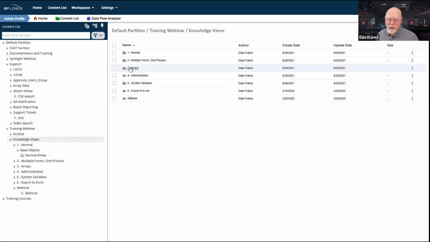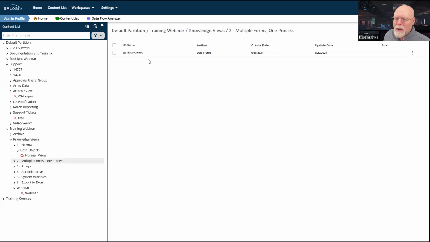By the way, I have all of these encapsulated. These will all work if you want them. You're just going to have to run the forms and submit them to give yourself some form instances or process instances. But all of these examples are available to you. Just drop me an email and I'll send you a copy of this. So we have the normal there, but we've spent an hour talking about normal. So we're not going to talk about it anymore. Now we're going to talk about something a little different.